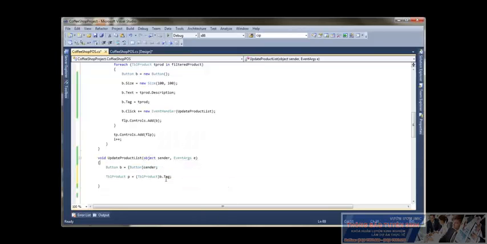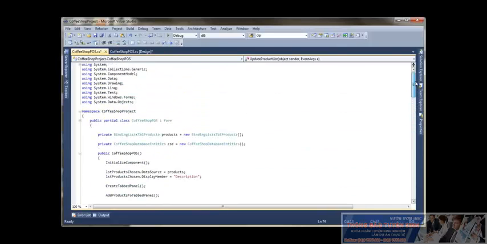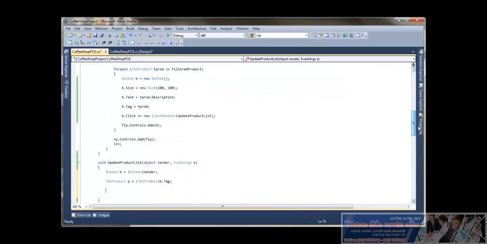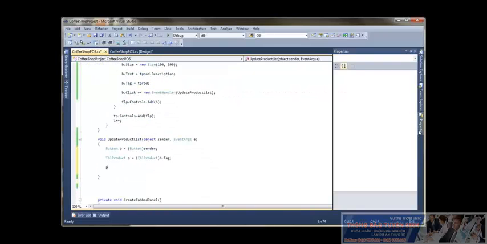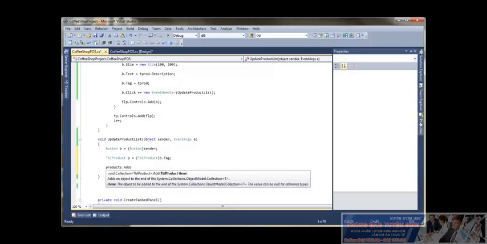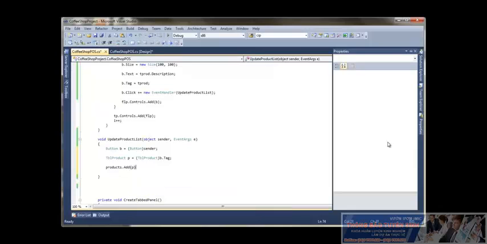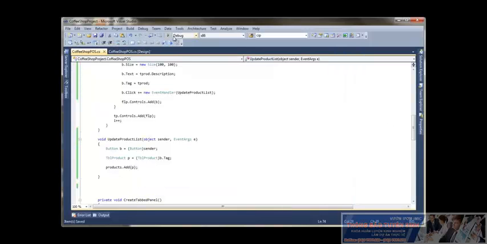Object is the class, and underneath this, once I've got the product back out, all I need to do is update my products list, which if you remember I created up at the top here. So we've got the binding list of products, so all I'm going to do is add the product that I've got out of that tag property, so products.add, and I'm going to pass in that product P that I've created there. And if we save that and run that through,